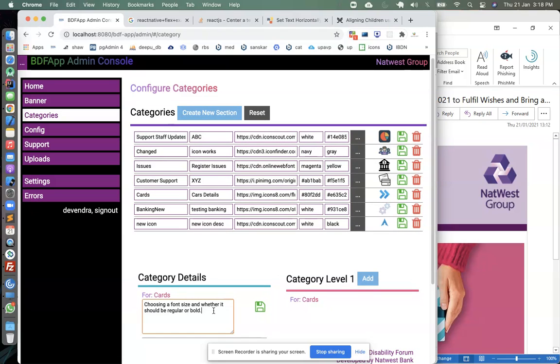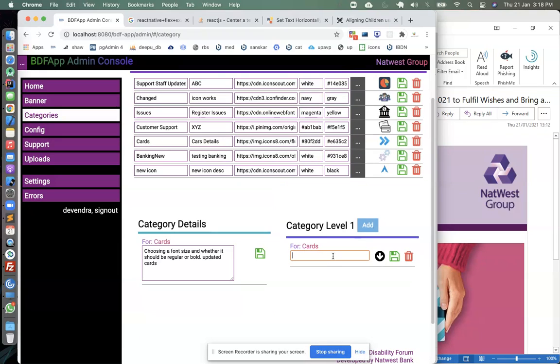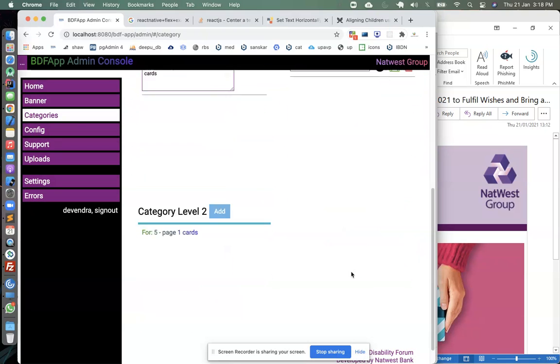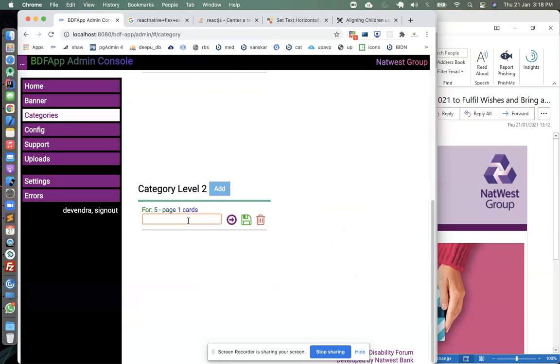Let's create some pages. You want to update it, you can update the broader text. Create new pages. Save the page.